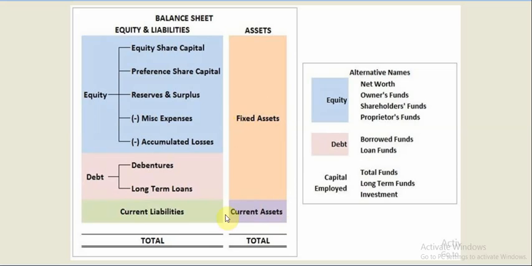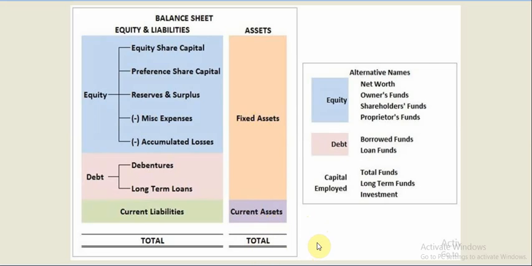And then we have current assets. Current assets are assets that are intended to be held by the company for a shorter span of time. It could include assets like debtors, bills receivable, cash and bank balances, inventories, and stock piled up. Those will form part of current assets. And what is the total assets of a company? Fixed assets plus current assets will give the total assets of a company.